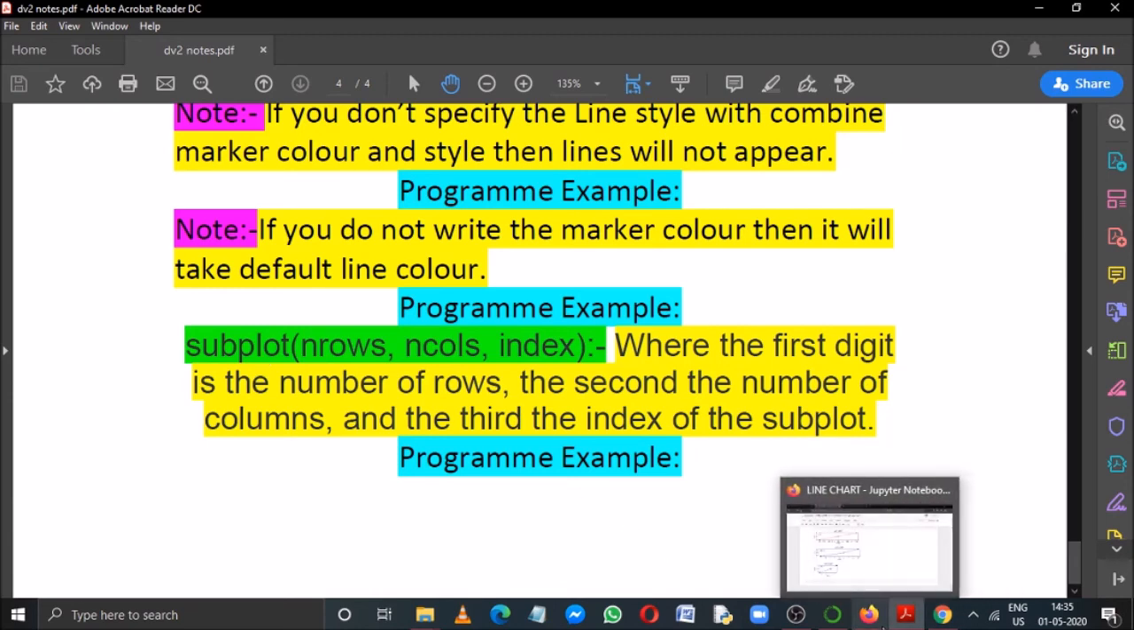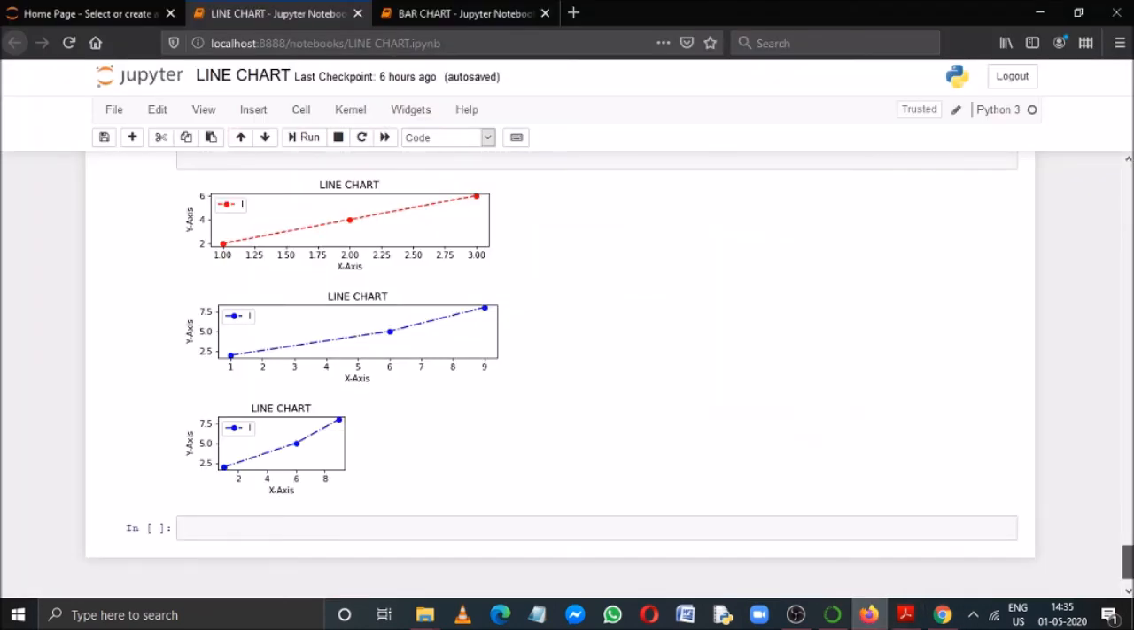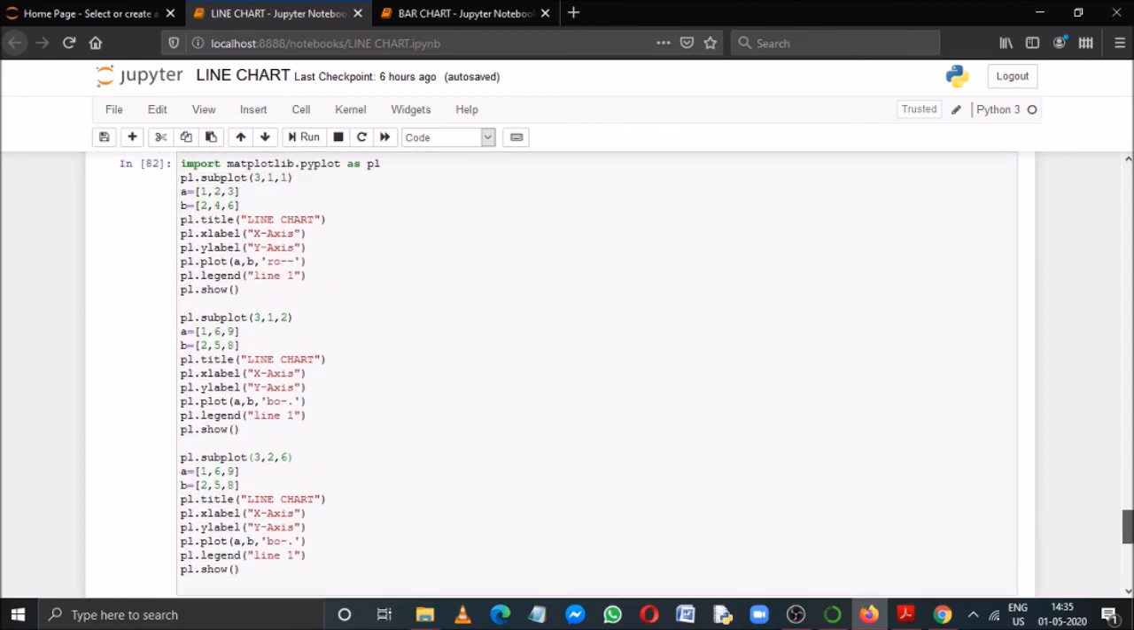Now I'll show you with an example. Just check this example. Initially I have imported matplotlib.pyplot as pl. Then you need to mention pl.subplot, then 3, 1, 1. Here 3 represents the number of rows. I need 3 different rows for 3 different charts. And then 1 is the column number, that means first column, and the third one is the index,